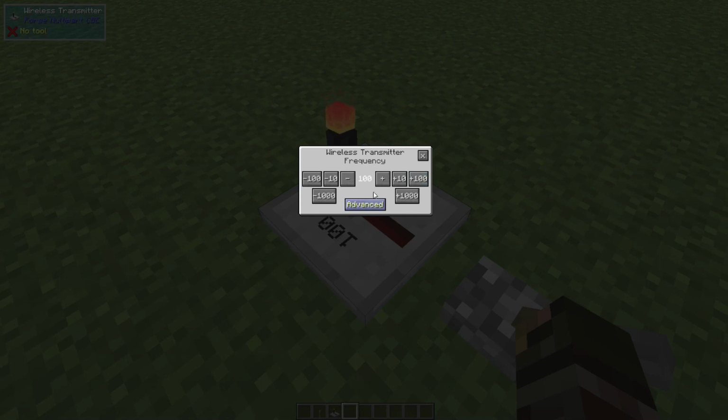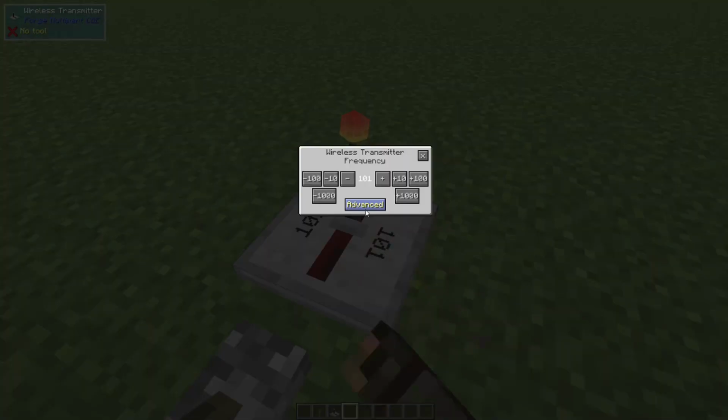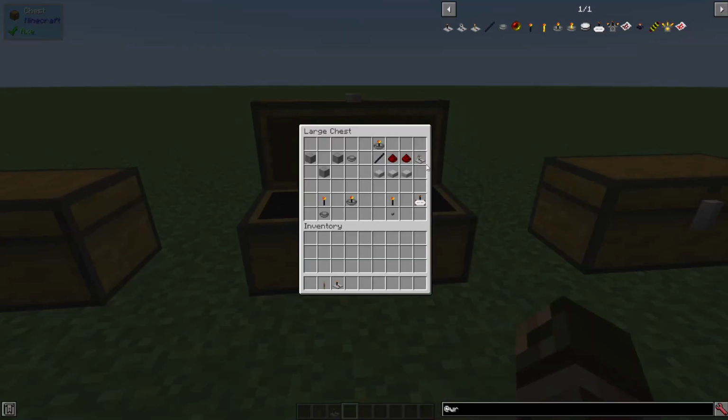You can set the frequency to 100, and it will only send on that frequency, 101, etc, etc, and you can turn it on and off. But then you can set up a specific frequency with a name. So if I call this test, and then I set it to 101, and we set the name. You'll see this when we go into the next thing which we're going to be crafting, which is the wireless